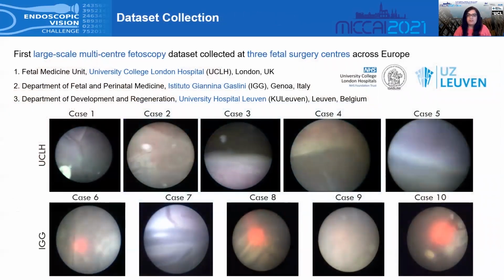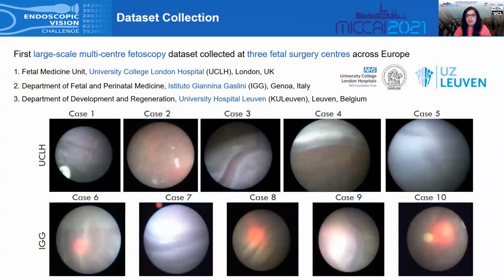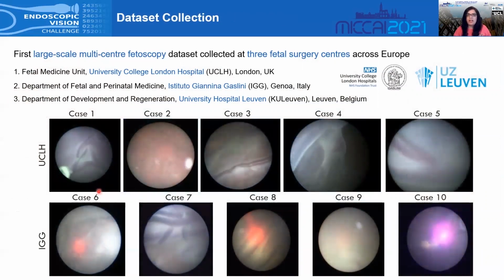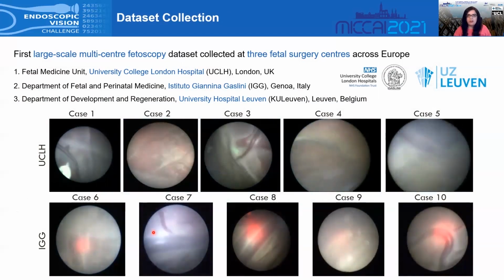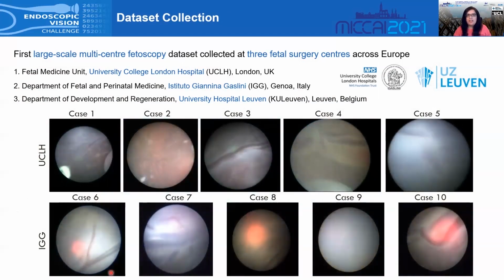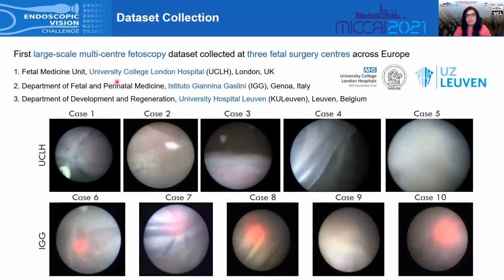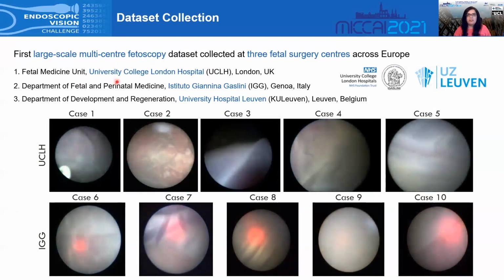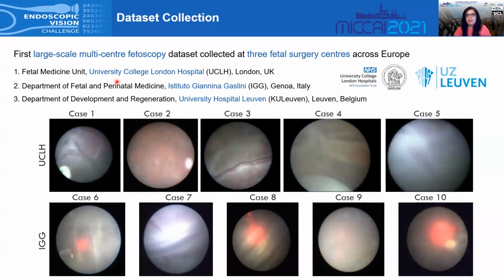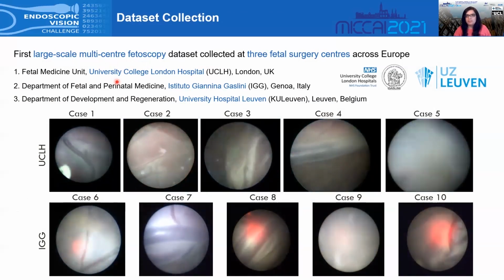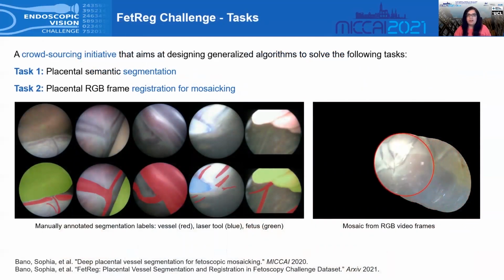One of the major challenges in fetoscopy data is the interpatient and intrapatient variability. Moreover, fetoscopy videos captured at different clinical sites also vary in terms of the recording setup. Therefore, we started collecting large-scale multi-center fetoscopy data from 3 major sites across Europe. These are University College London Hospital, Gemelli Hospital in Italy, and University Hospital Leuven in Belgium. Using this data, we came up with